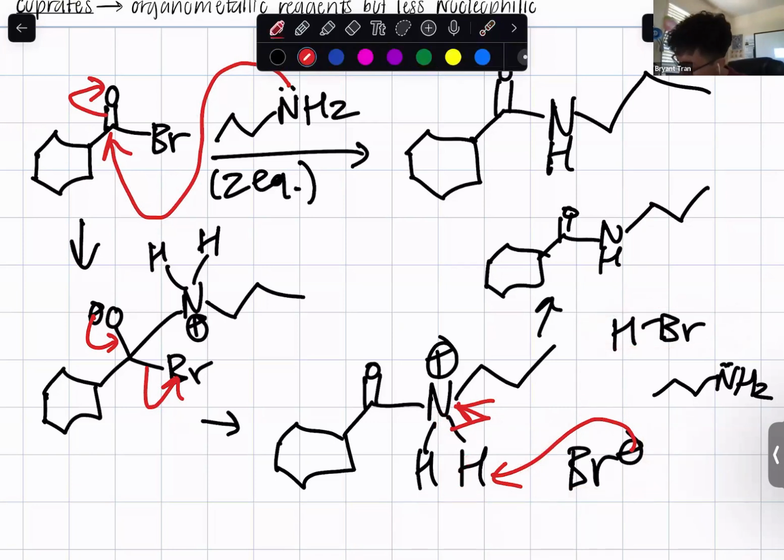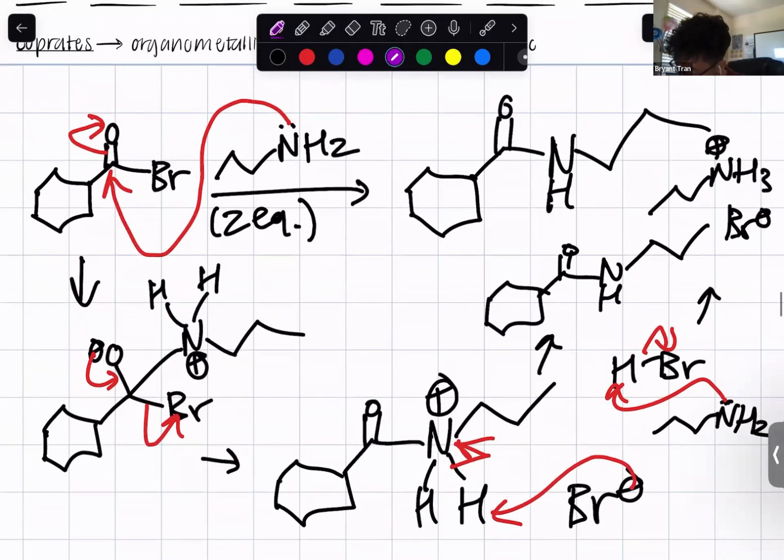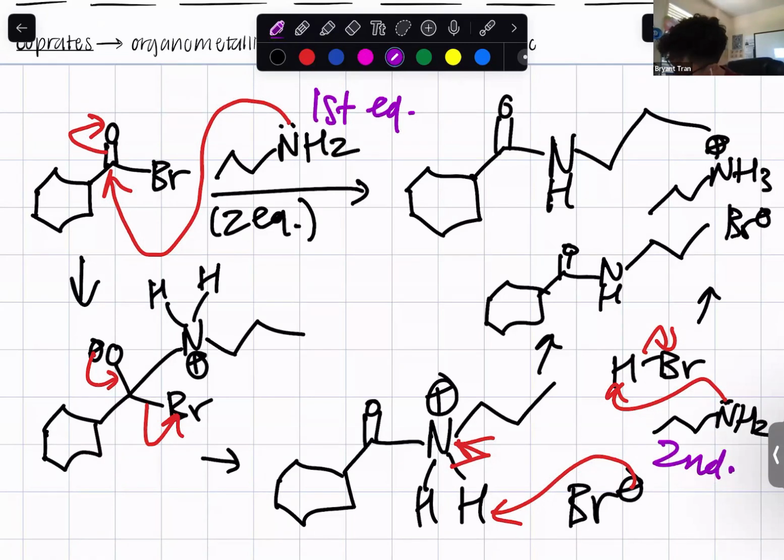Which will then get deprotonated by the second equivalent of the amine to give you this ammonium ion and this X minus ion, Br minus ion, right? So the first equivalent of the amine is used here as the nucleophile to attack the carbonyl-carbon. The second equivalent of the amine is used as a base to deprotonate the HX in the mechanism right there. Okay,